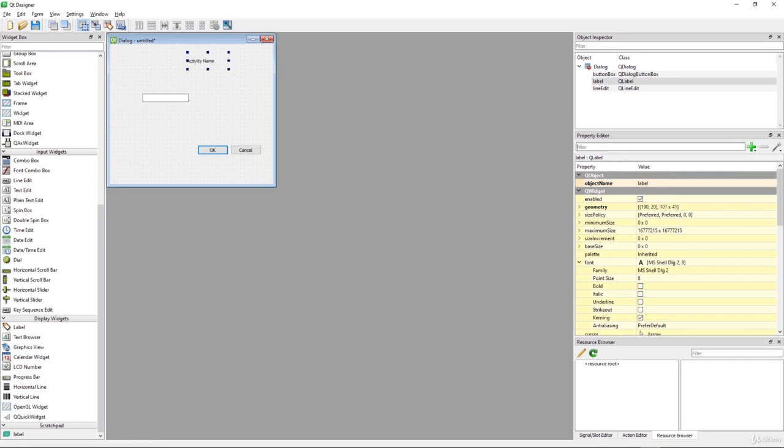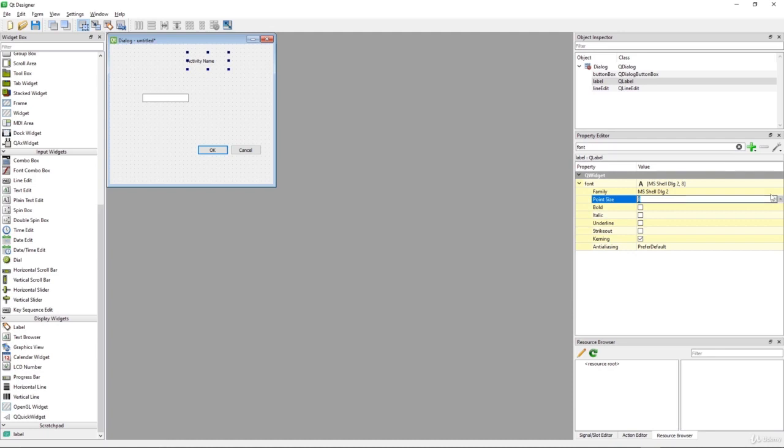You can of course change the font size right here to a bigger one. You can select this group and group them together in a vertical layout,